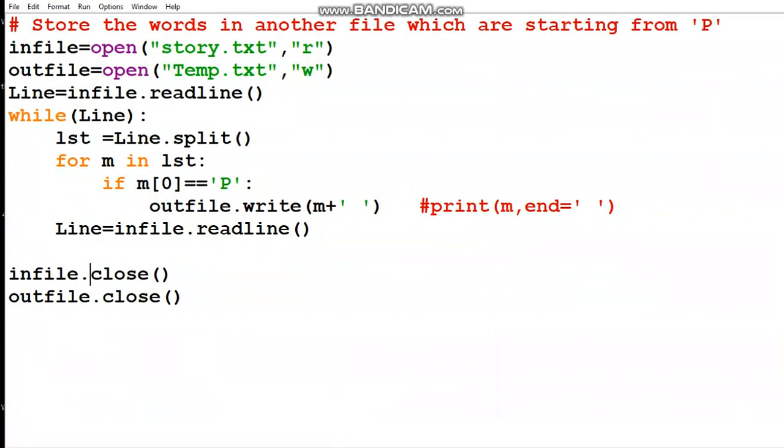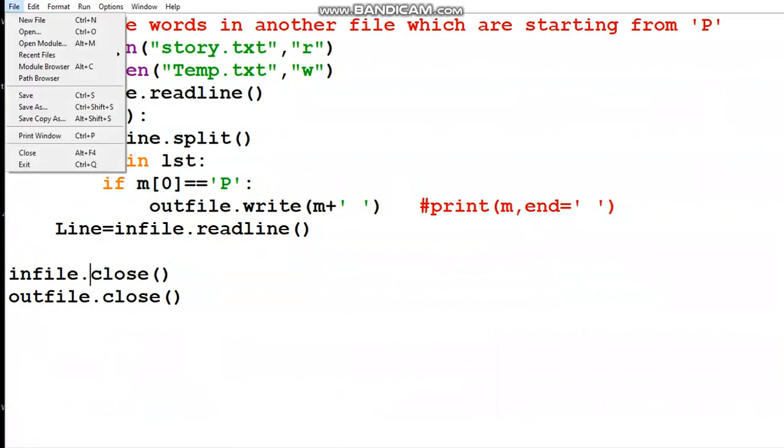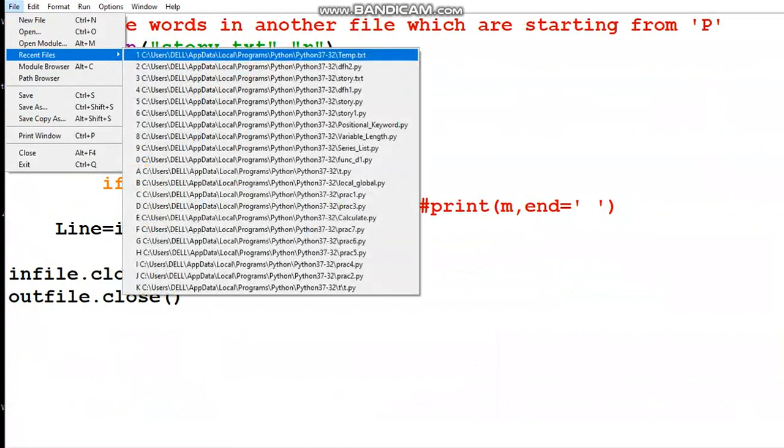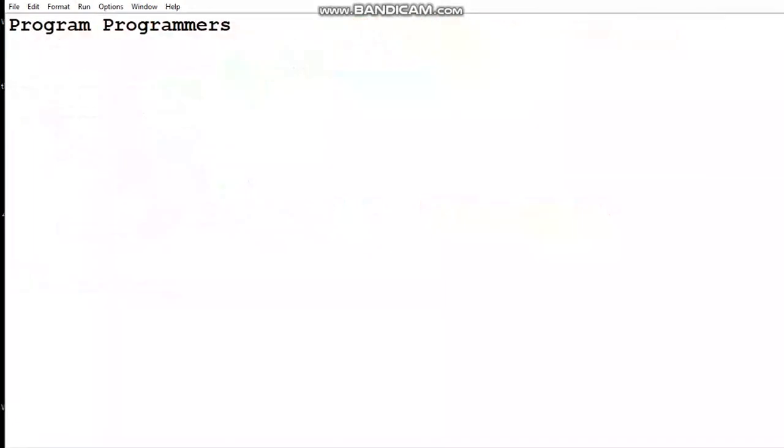So now it's time to open temp.txt. So temp.txt contains this.